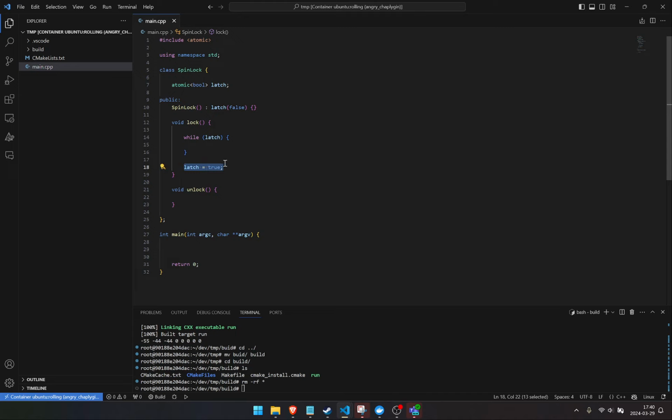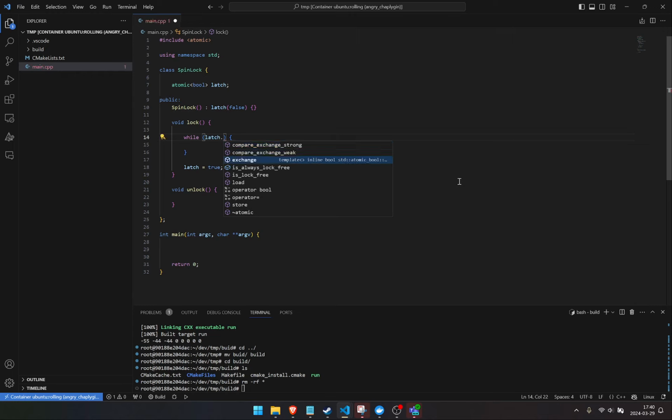So you need to do 2 operations. You need to do the conditional check and the setting at the same time. You need that to be one atomic operation. All right, let's talk about the solution for that now. You need to do 2 things at the same time. Walk and chew gum. So what happens is you have this latch,